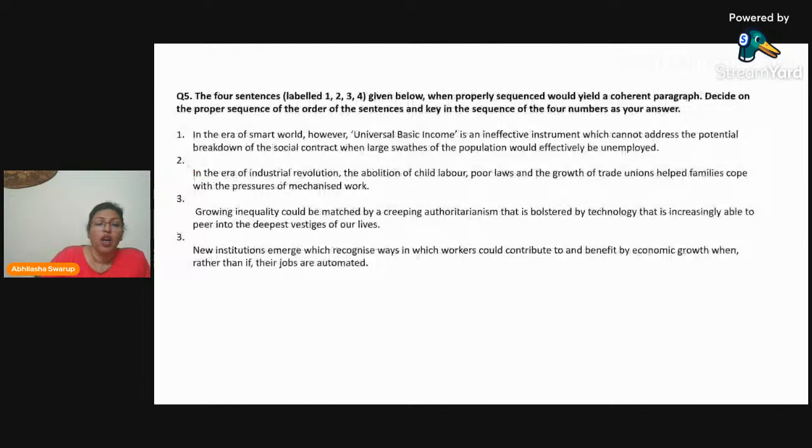Okay. All right. Let's look at the next question. Here is a para jumble. We have to read these sentences and then identify what the correct sequence will be. Let's take a moment. So the numbering is incorrect. This is statement number 4. My bad. Let's read and try and identify what the correct order will be. I'm going to give you 2 minutes to read this and then we will discuss.